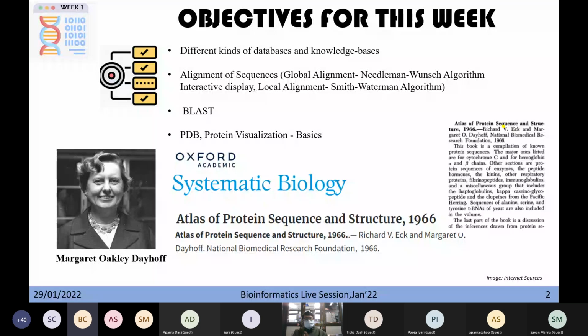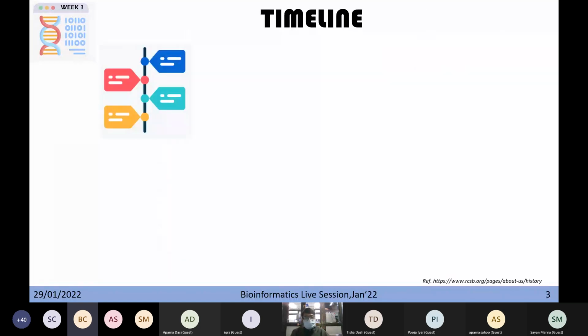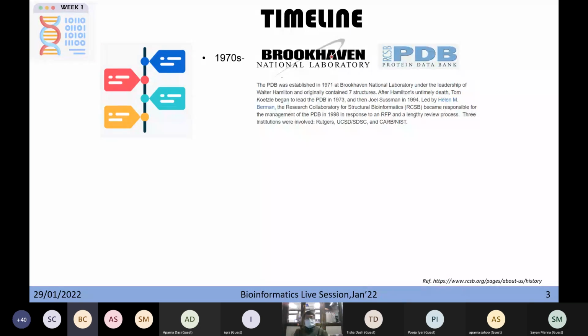History always inspires and helps people think much ahead. So if we get a timeline of the field of bioinformatics, after 1966, the Atlas of Protein Sequence and Structure by Margaret Dayhoff, we get from Brookhaven National Laboratory the PDB,